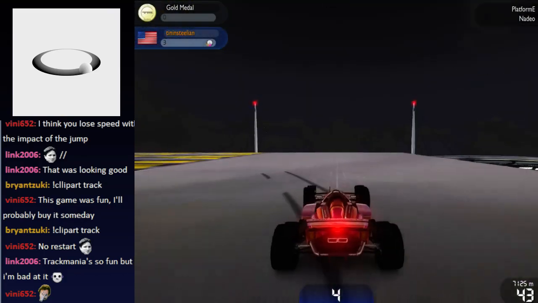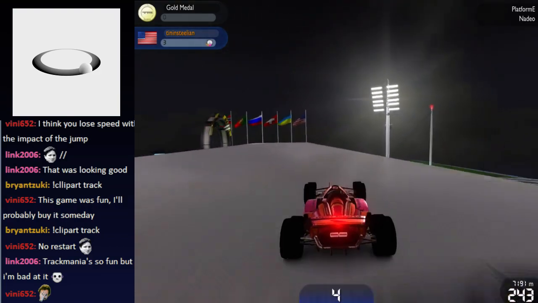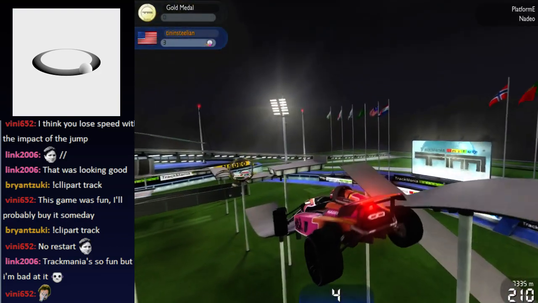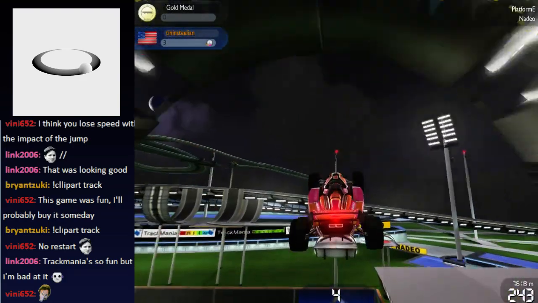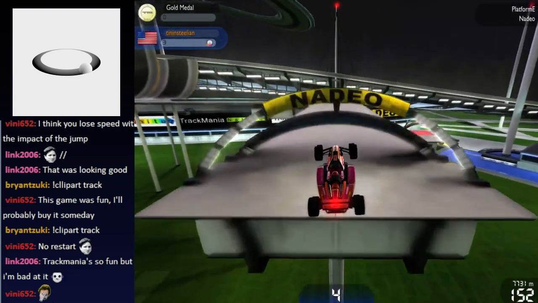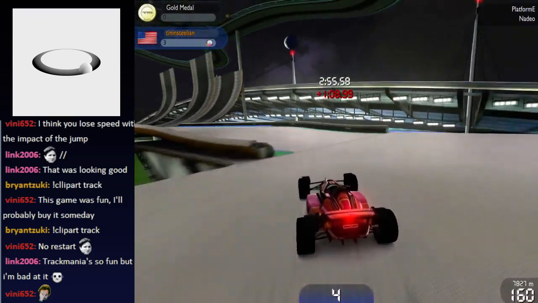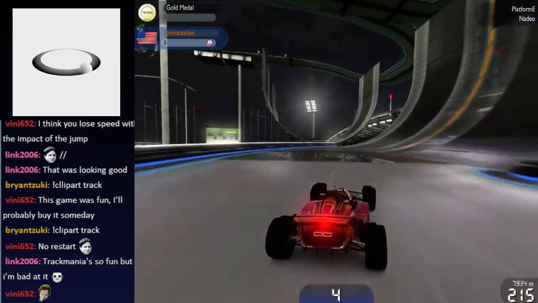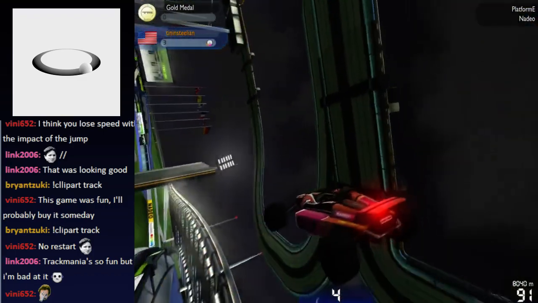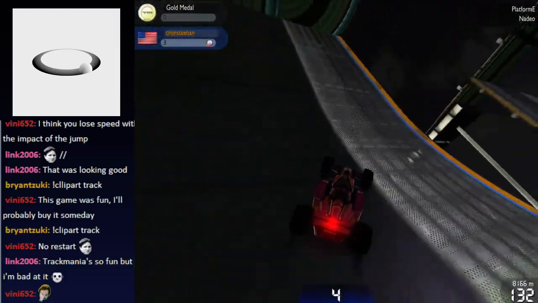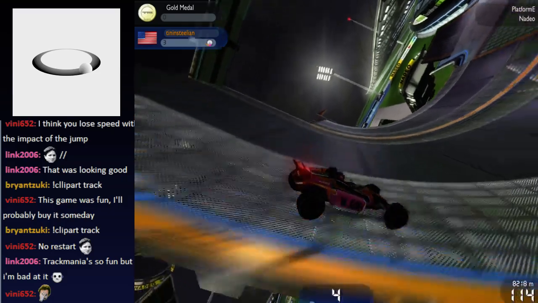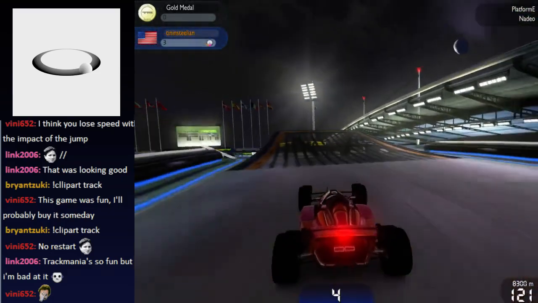Oh. That was not intentional. At this, oh, perfect. It was a nice jump. I was worried I wouldn't get enough speed up that one. Can we make it? Ah, yes, barely. Okay. So